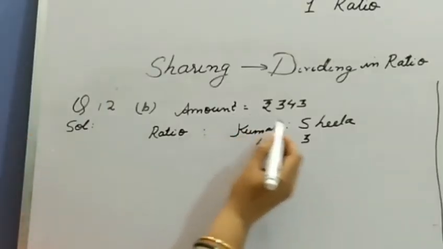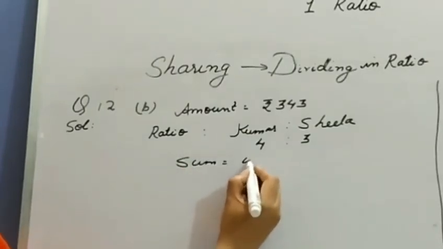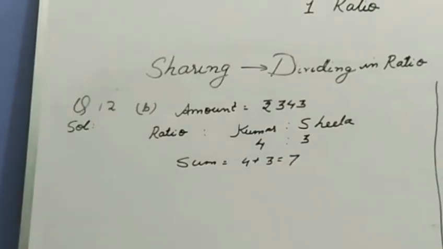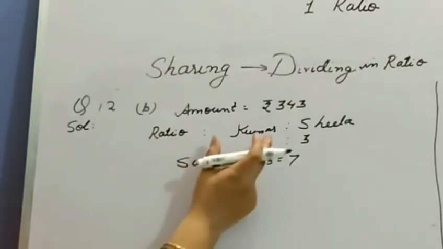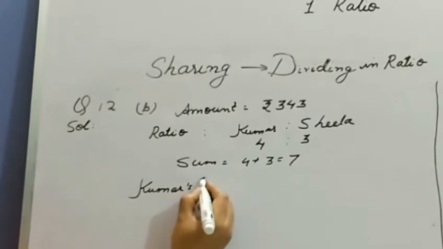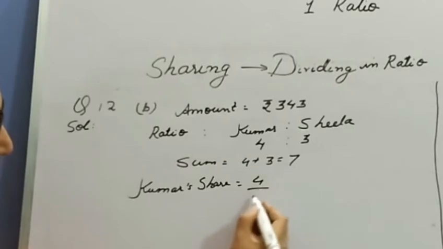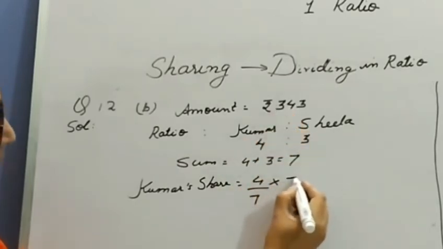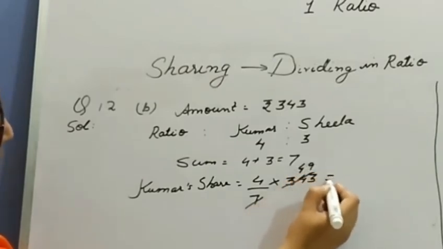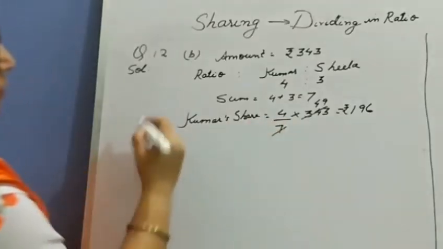Step 1, find the sum of the ratio. Sum equals 4 plus 3, 7. Now let us calculate the first part, means Kumar's share. Kumar's share equals 4 out of 7 into the given quantity, 343 rupees. Cancel by 7, 49 times. 4 into 49 is rupees 196. Now Sheila's share